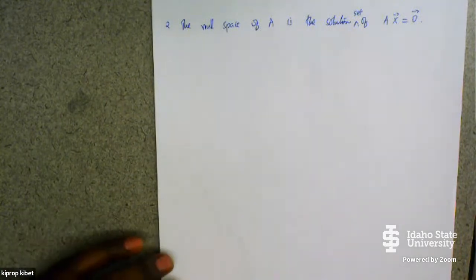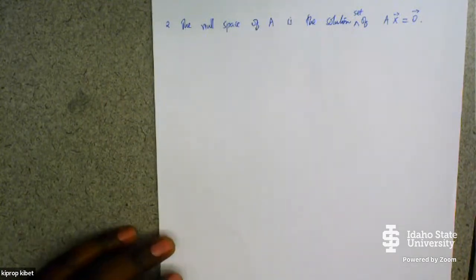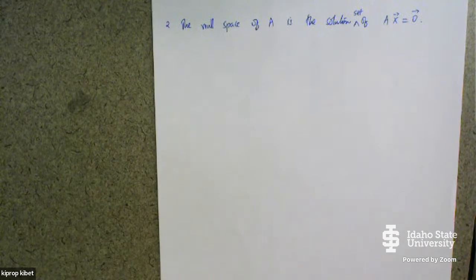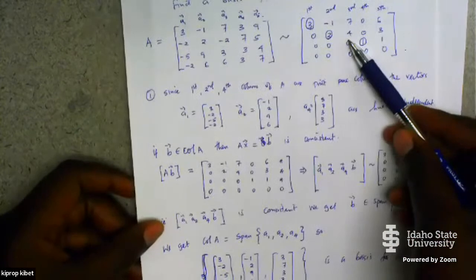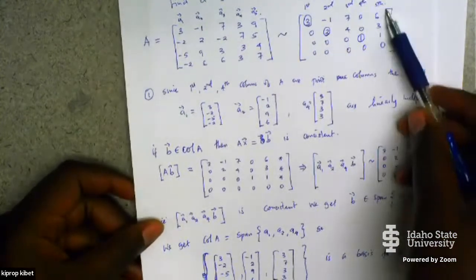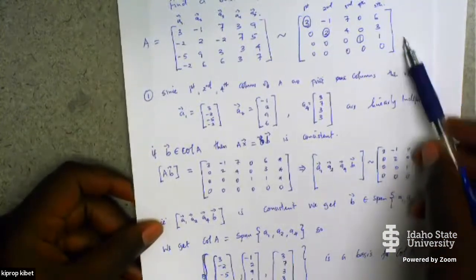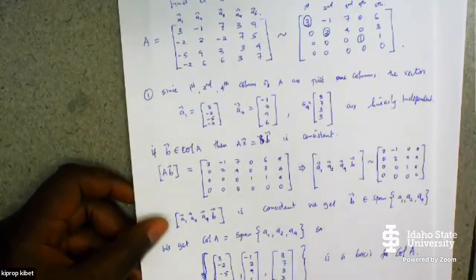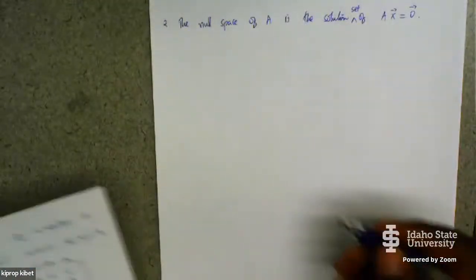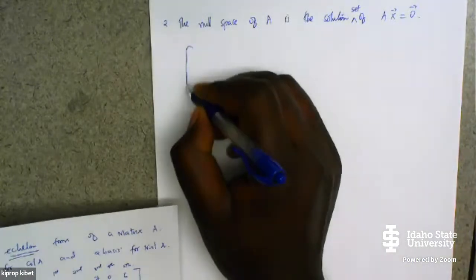So in this case, we already have our reduced one, which is here. Then what we need to do is we now add the 0, 0, 0 column. And then we reduce it completely to get the solution. So we have